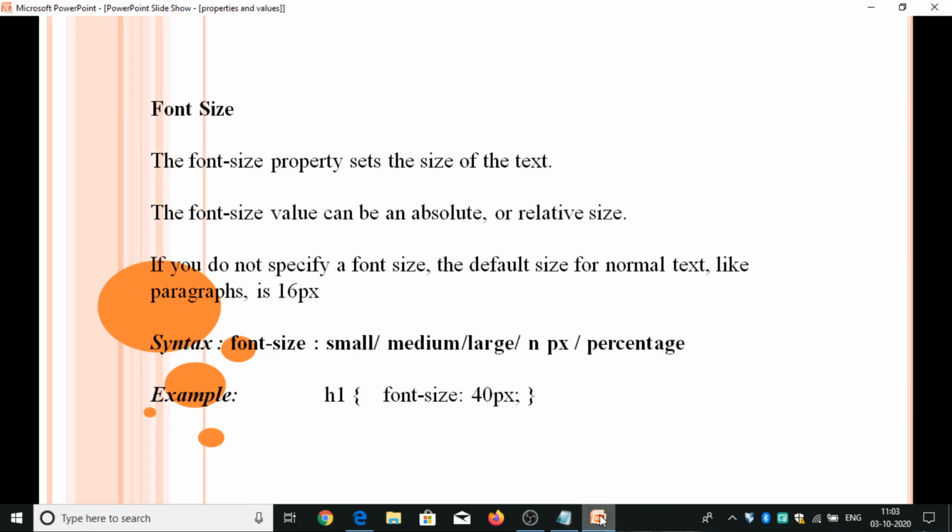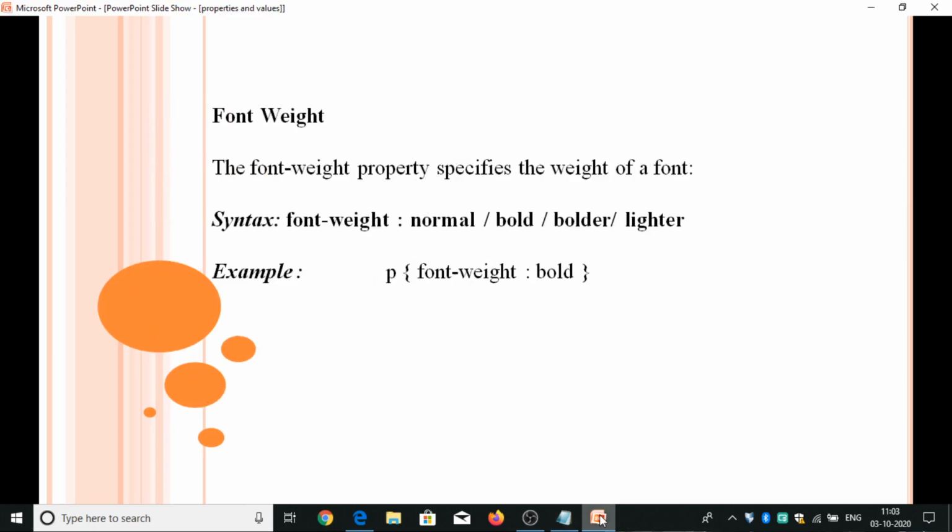Next, go for the next property, that is font weight. The font weight property specifies the weight of a font. It has values like normal, bold, bolder, lighter.